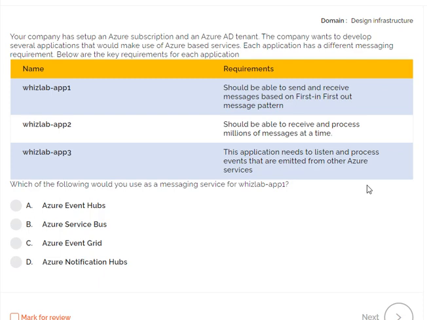So we are going to cover the 304 exam in this session, and let me tell you that this is not a dump. This is just sample questions or practice questions that I have collected from various sources, so that will help you to achieve the certification.